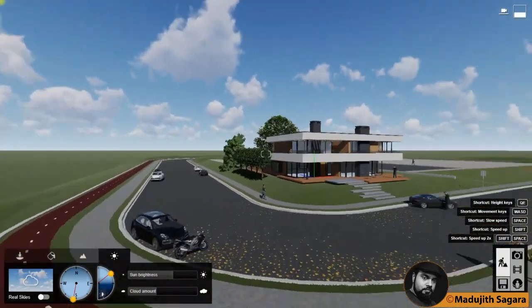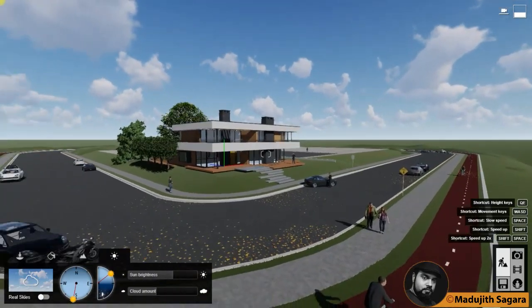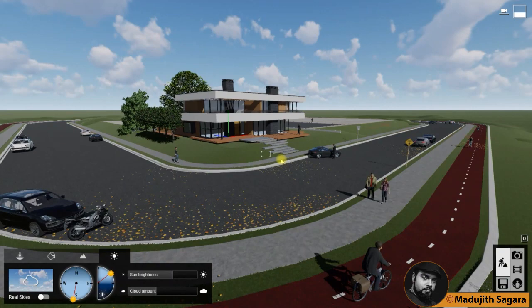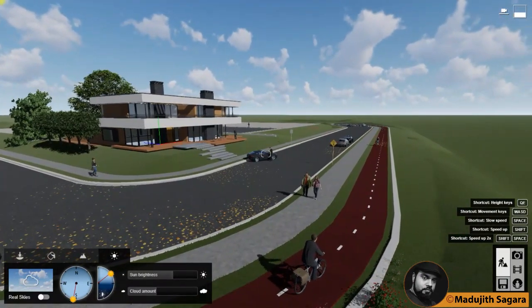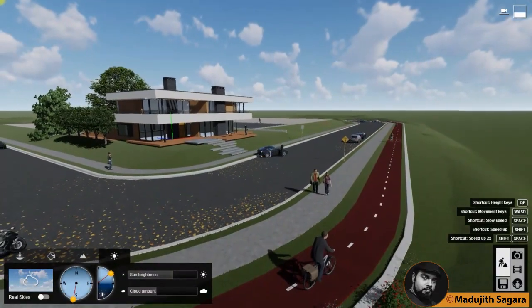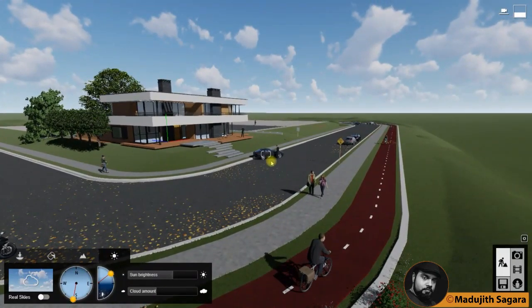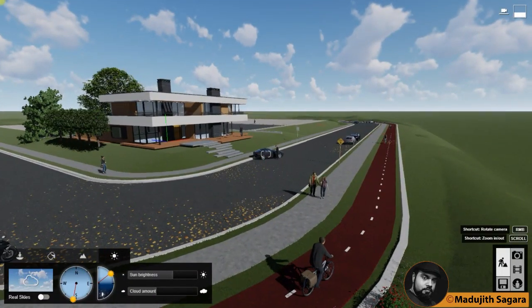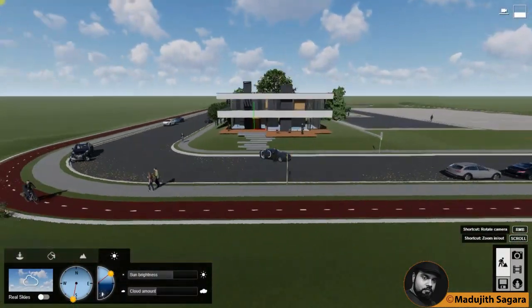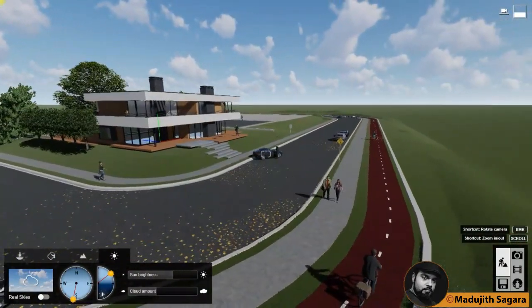This is the way. Now if you want to rotate it as an orbit, if you want to rotate it based on one axis, it is also available. Think that you need to rotate around this car, then focus on the car. This is called focusing mode. Then press O and again rotate. Now you are rotating around this orbit axis. This is called orbit rotating.